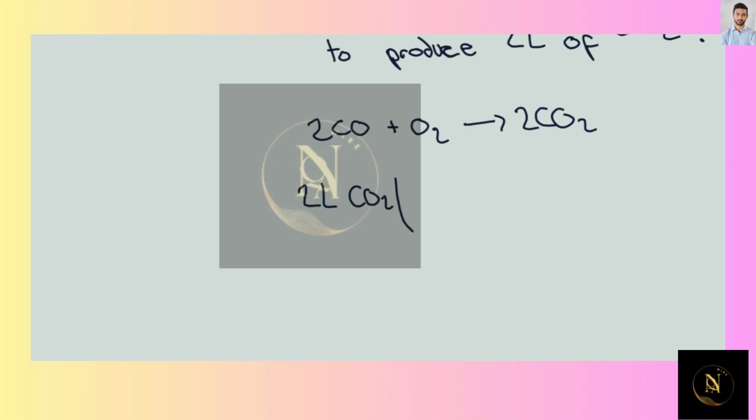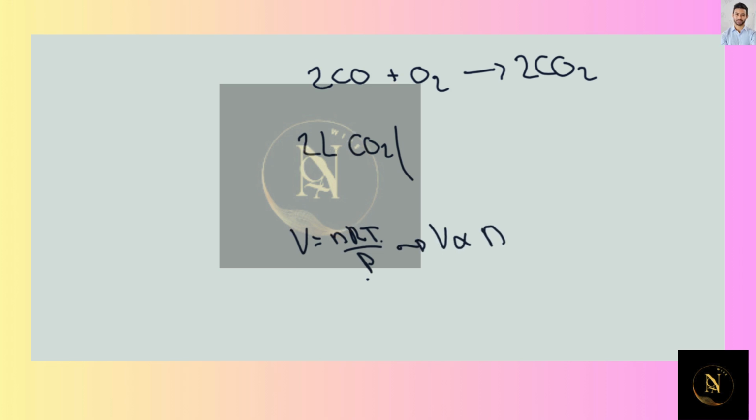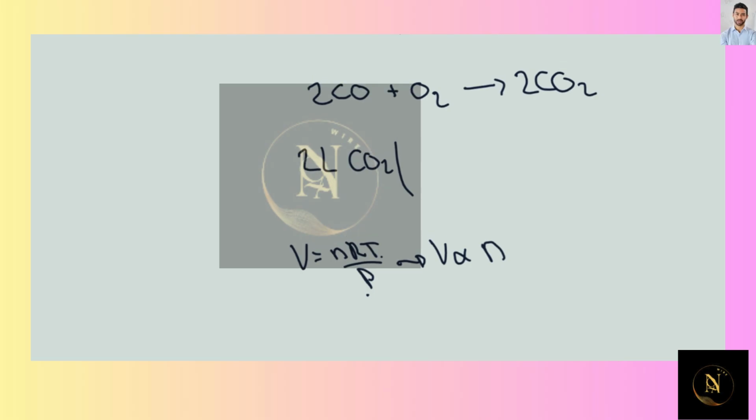We know that according to the ideal gas law, the volume is going to be equal to nRT divided by the pressure. In this case, the temperature and the pressure of the system are going to stay constant. So this implies that the volume is going to be directly proportional to the amount of moles that we're going to have of the system. Thus, what we can say is that